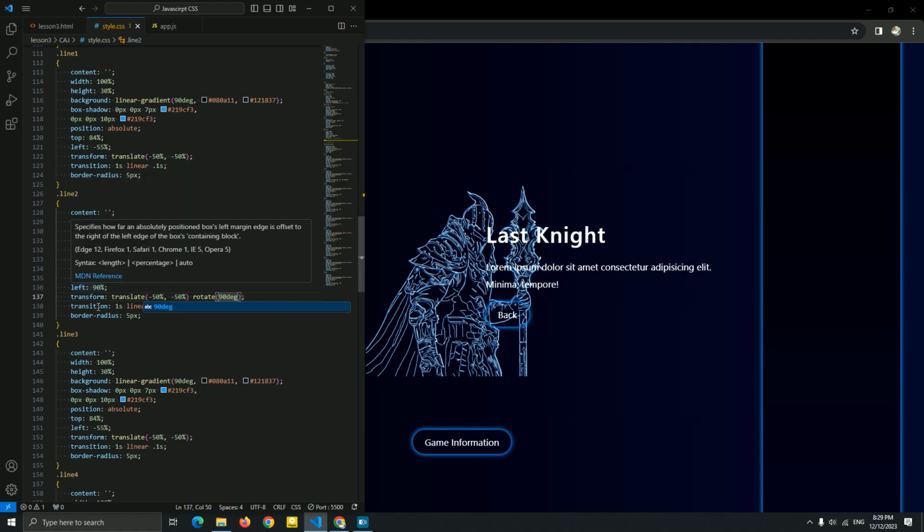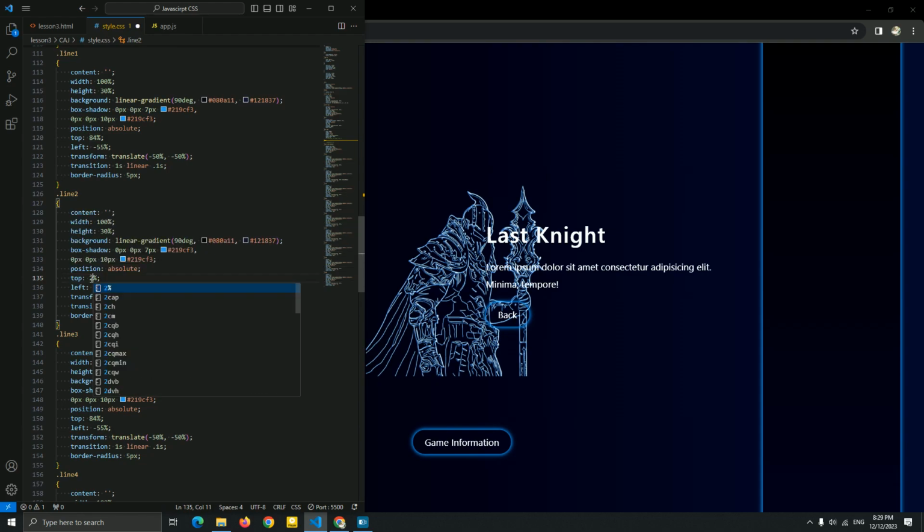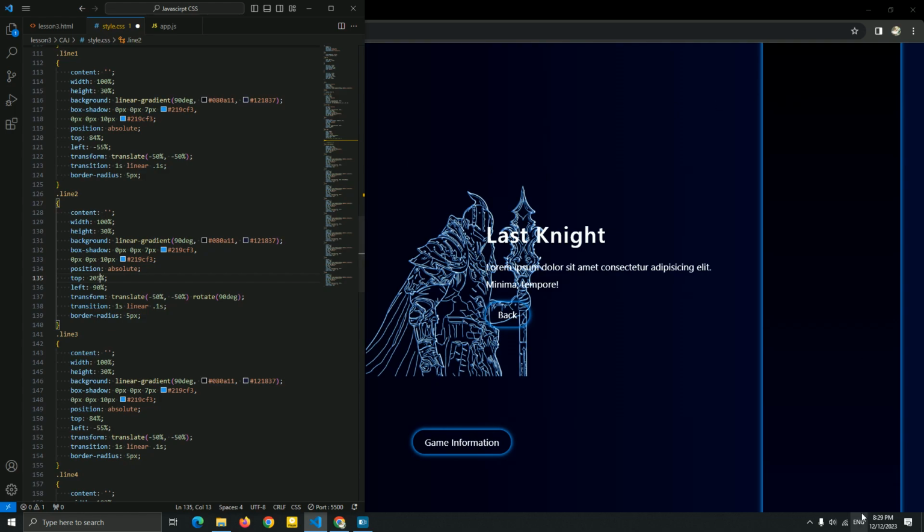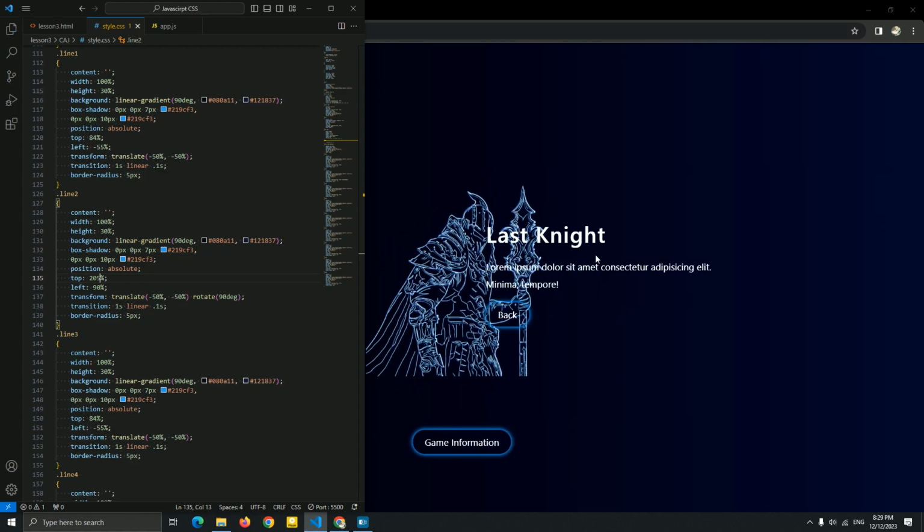So yes, I'm gonna add this top be 20% or 25% to go for the bottom, and we're gonna add 90% to go for the top. Okay, yes, now it's good. This is line 2, and we just add a rotate instead of adding width and height. For this transition, let me set 0.3 seconds.